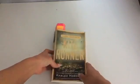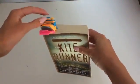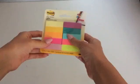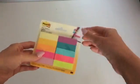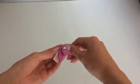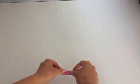So the first thing I'm going to show you is what to use if you're going to mark your pages. You want to make sure that you're using something you're going to remember. I like to color code my chapters, switching off every chapter. So what I did here is orange and blue. You can use these little sticky notes. They're small and they're specialized for it. They have all these little pieces that have a sticky end, and they're tiny enough that they don't take up too much space, and then you can just take it off, and you can even write on it if you